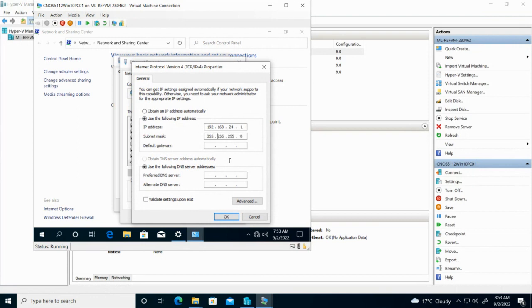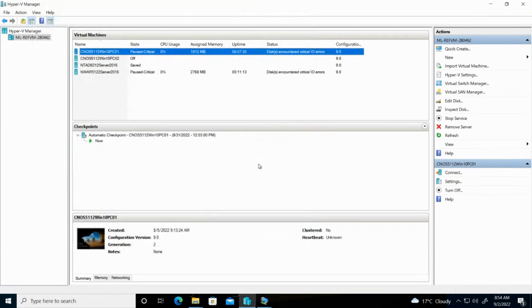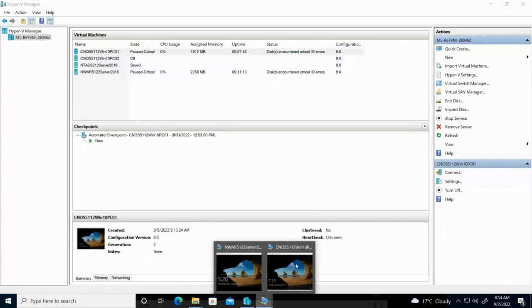I'm going to give it a static IP address, 192.168.24.2. It's going to put in the subnet mask by default, and the DNS server is going to be, this is the client. So the client I'm going to make 2. And the server I'm going to make 1. Okay. So then the DNS server is going to be 192.168.24.1. Okay, so that's going to be my server. So I'll say OK and close, and then I'm going to go to my